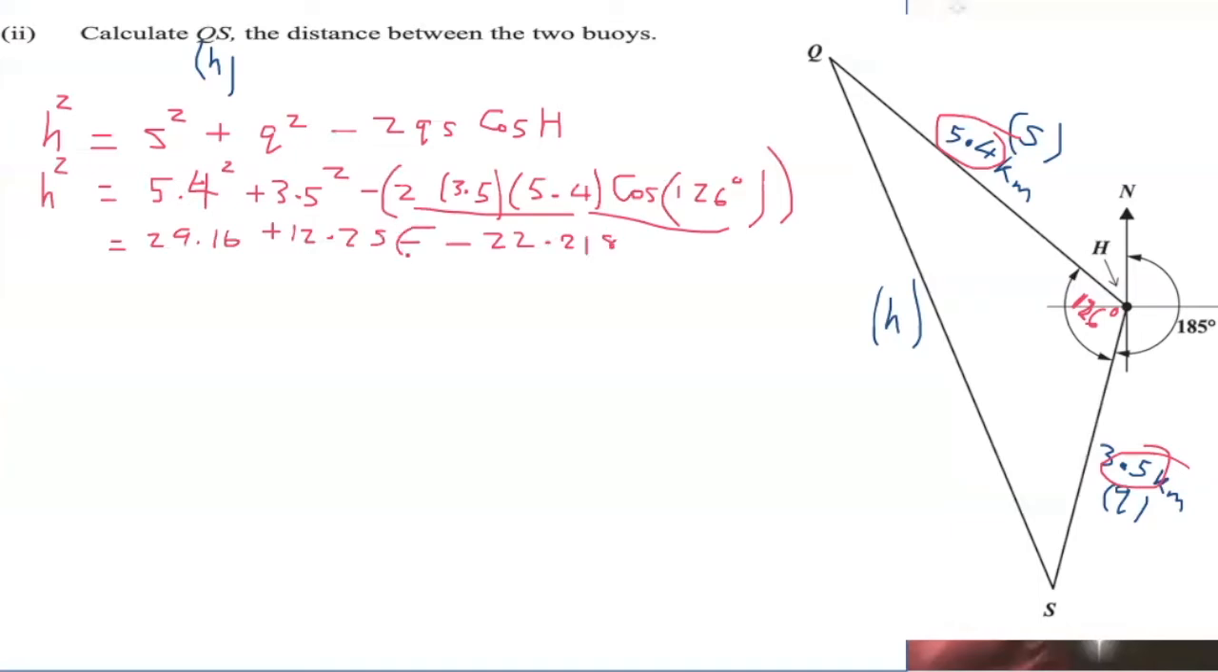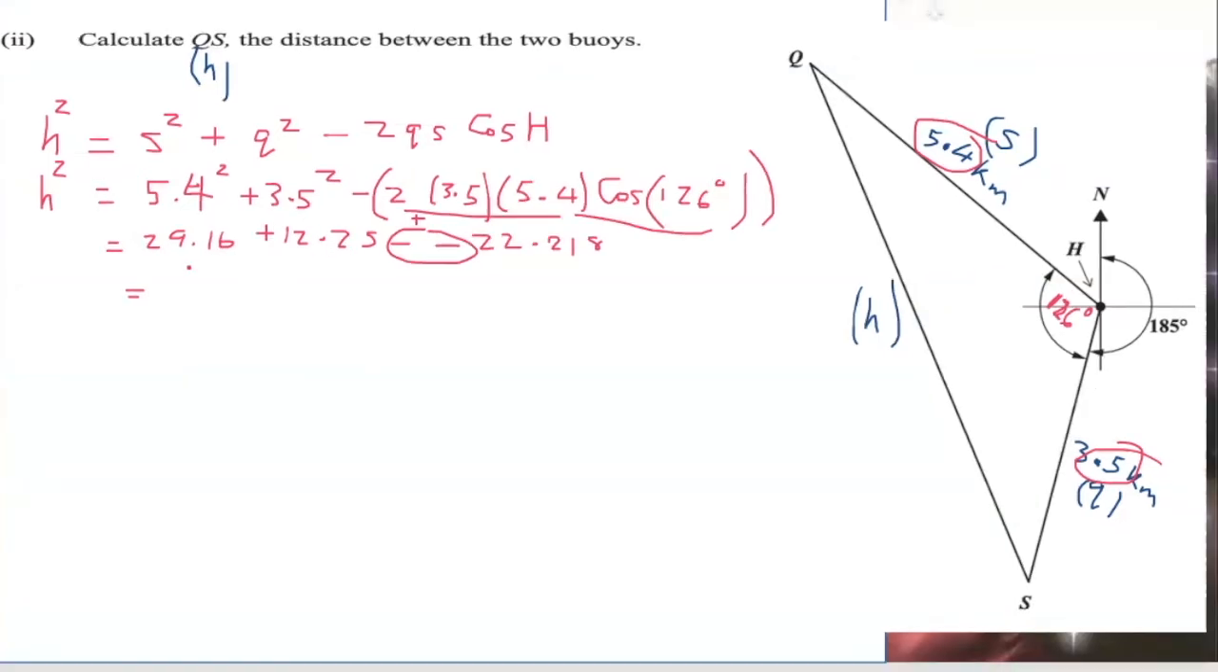Now we have two negatives, so we know that will change to a positive. So we can now add all of this. So 29.16 plus 12.25 plus 22.18. That will give us 63.628. Now remember, this is the value for h squared. So to find out what h is, I will have to square root both sides. Square root cancels the square, so h is equal to